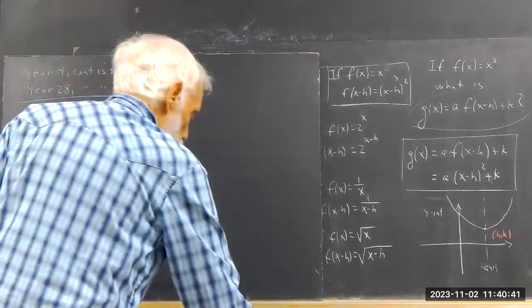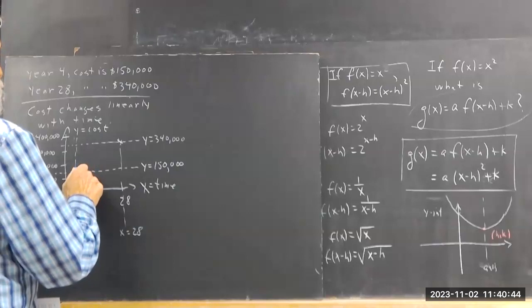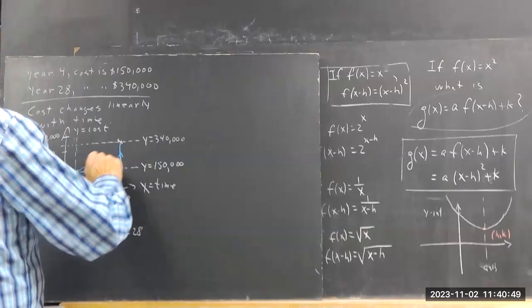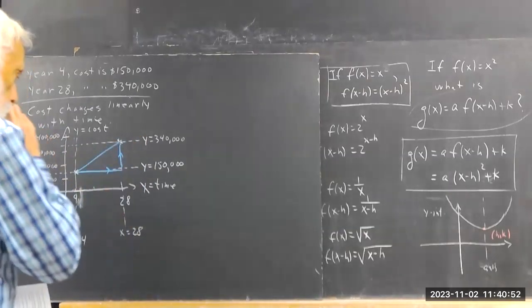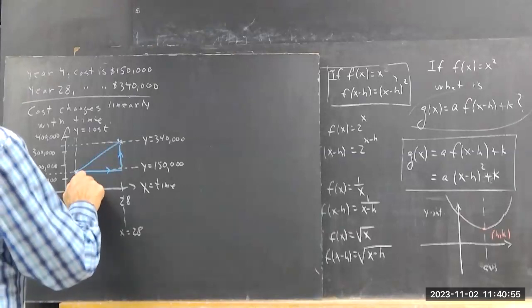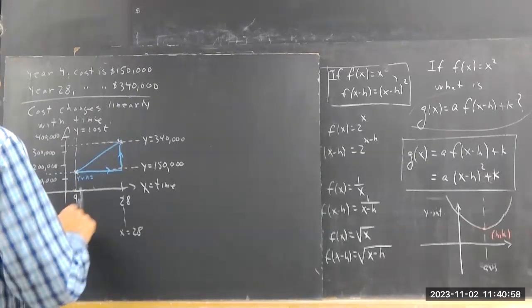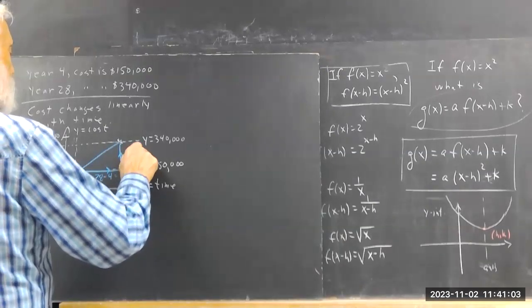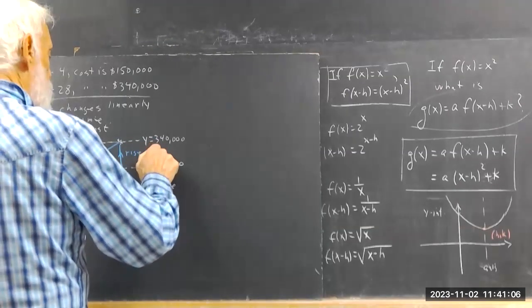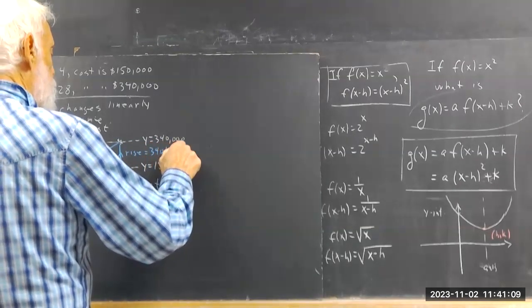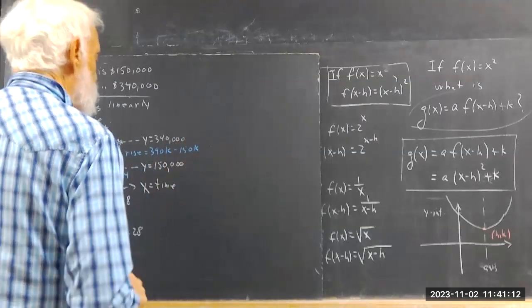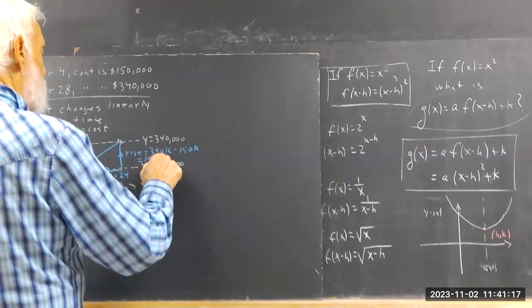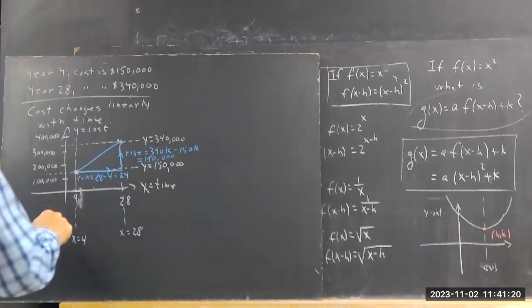And now I can do what I should be able to do by reflex. I draw myself a path from one point to the other, usually from left to right, because it's easier to keep track of. And I see my run is 28 minus 4, which is 24. My rise is 340K minus 150K, K meaning 1,000, equals then 190,000. So my slope is,